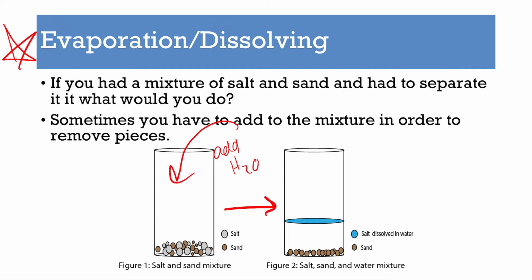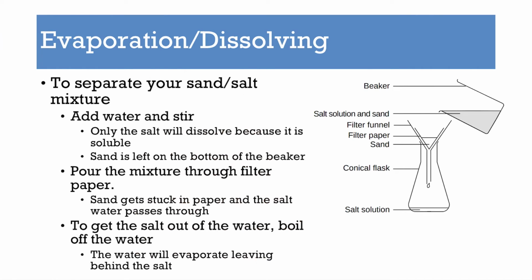Now, when you add your water, all of the gray circles, which were your salt, dissolved and are evenly scattered throughout the water. Now, you have that sand on the bottom. So now you might be thinking, okay, well, I'm still nowhere closer to separating my salt from my sand. I've just made more of a bigger mess. What you would want to do then is, because you have the sand here and you have your salt water,